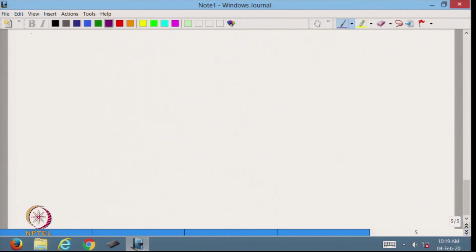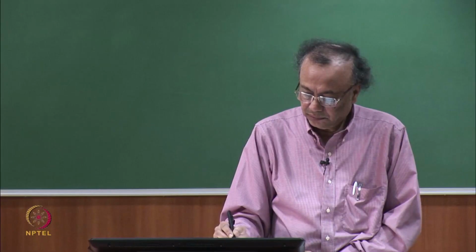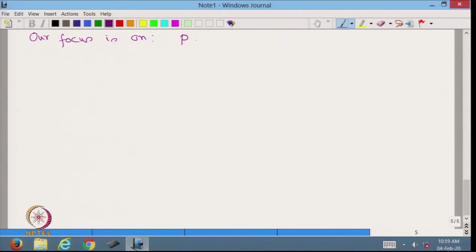So, our focus is on rho not equal to 0 and rho not equal to 1, that is 0 strictly less than mod rho strictly less than 1. So, what is therefore the joint